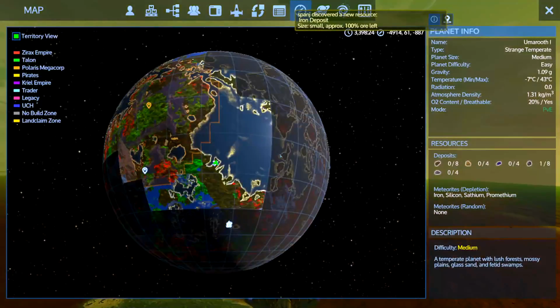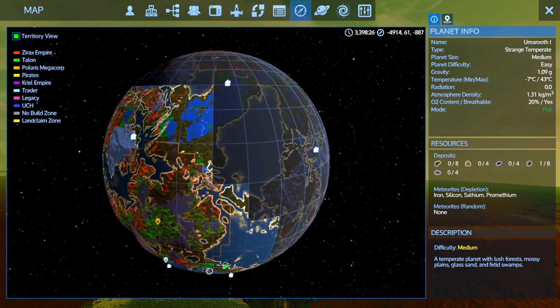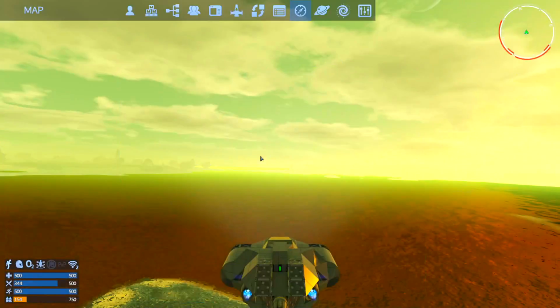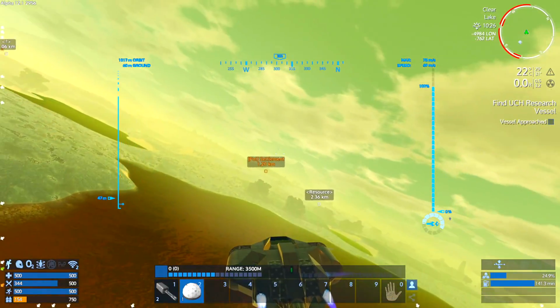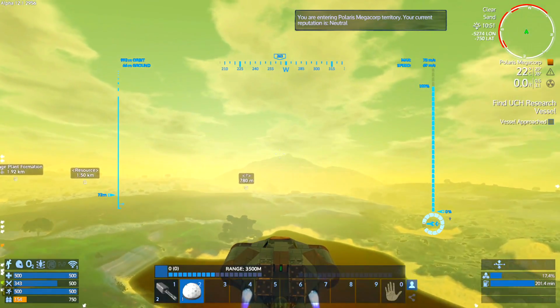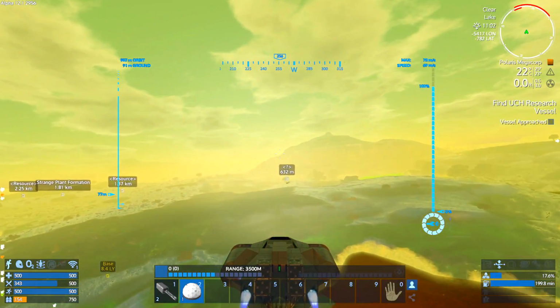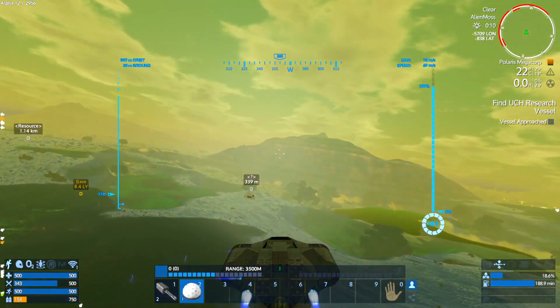That sounds funny and ridiculous, but of course, right next to an iron deposit. I didn't even know it. It's such a weird planet. It's like a Looney Tunes planet. That's what it's like. Very colourful, very weird. I mean, it is a strange temperate world, but I didn't expect it to be this strange. Anyway, what I need to do...